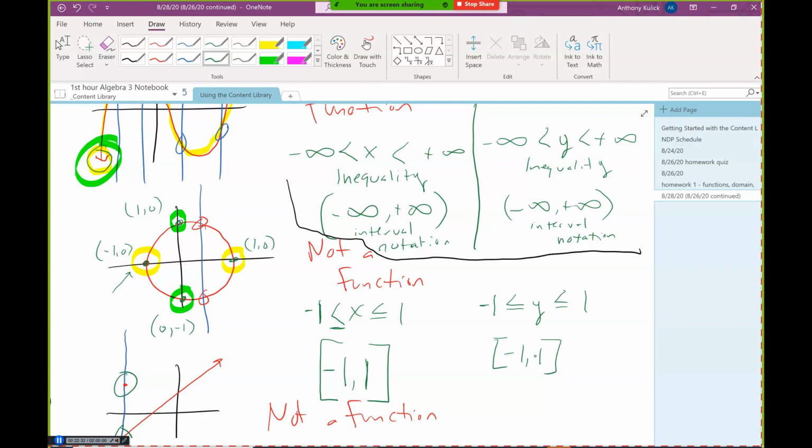So at this point, you might be asking yourself, are the domain and range always the same? Because we've done 2 examples where they were the same, right? Or at least these infinite situations. Yes, sir? Why would it be